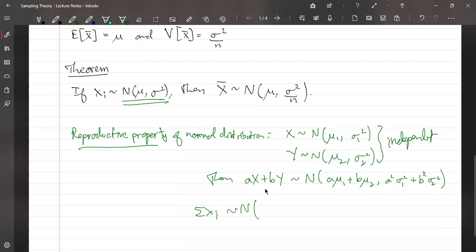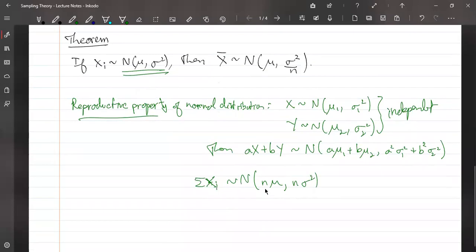You have n different xi's, all with mean mu. So that will add up to n mu according to this, because we are adding n of them. And here you have sigma square also, and those will also add up. So it's not n square sigma square, because we are just adding them. So we get n sigma square. And so if you divide this by n,